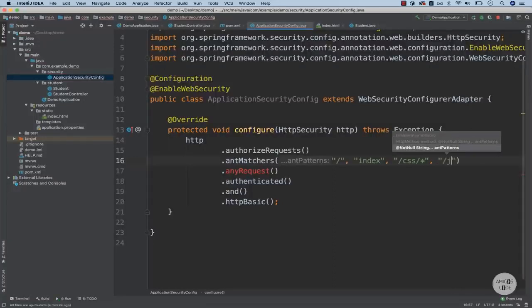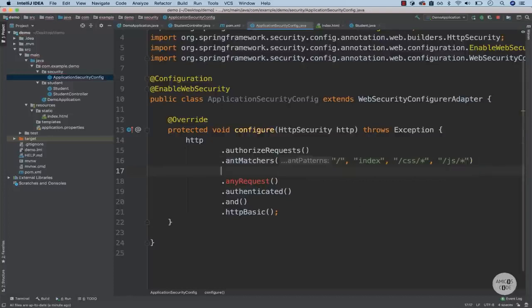So /JS/ and then star. Now we have an error, and that is because we need to say these patterns right here, we want to permit. So dot and then permit all. Now, if I restart the server